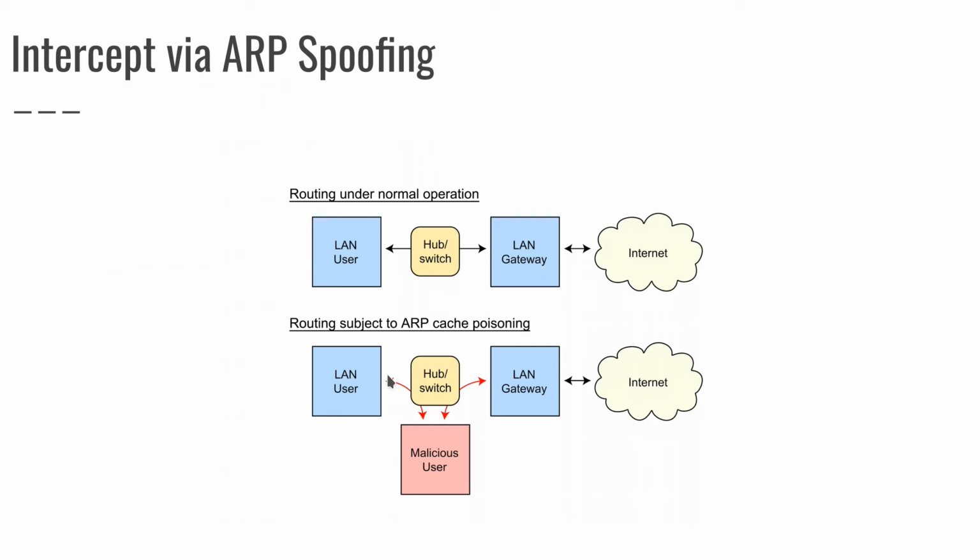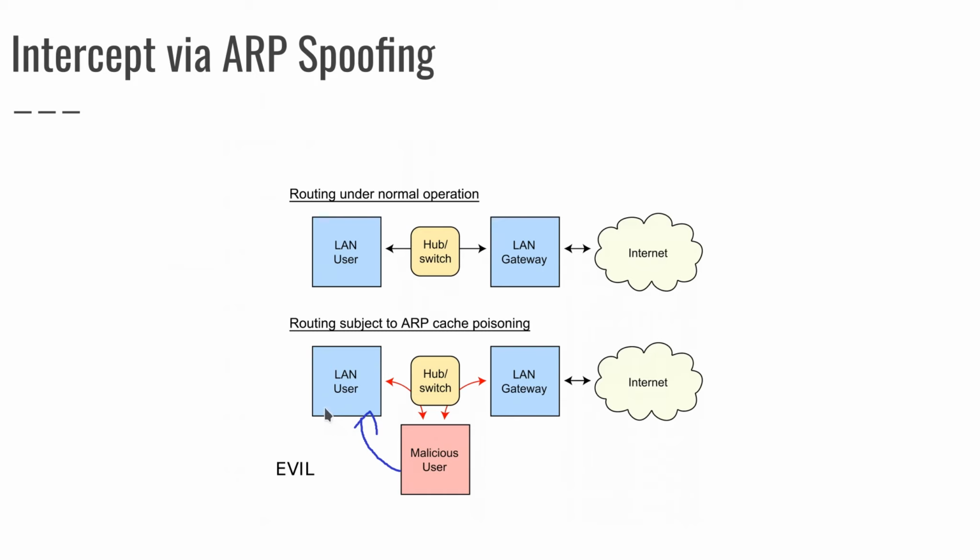Well, ARP spoofing now means the user asks everybody on the network, hey, I have IP address this and that. Who has this IP address? What's your MAC address? And because we're in the local area network, we also get this request and we reply, okay, I'm your gateway with this IP address. My MAC address is blah blah blah evil,